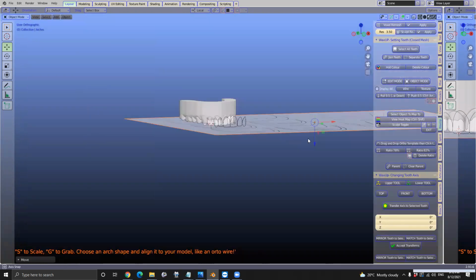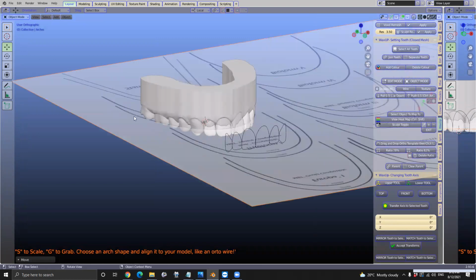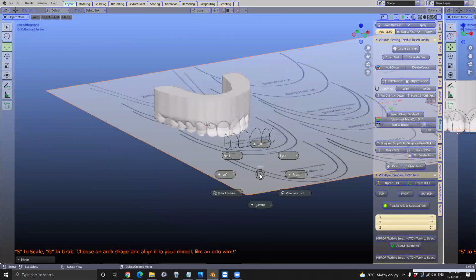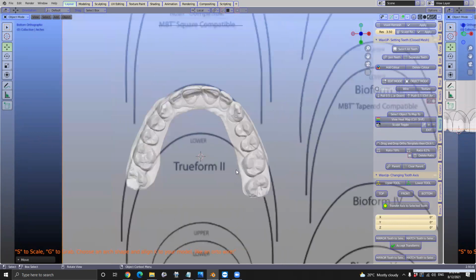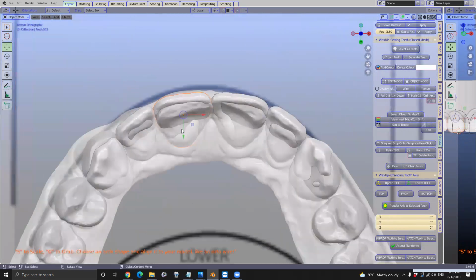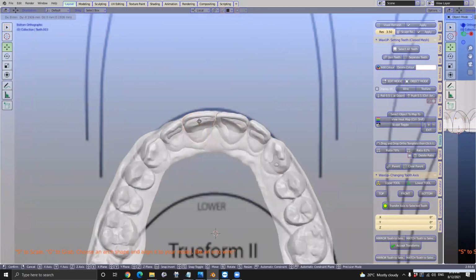What I'm going to do is move this up a bit so it becomes a bit like an orthodontic arch wire going across these teeth. So again, I'm going to look at it from the bottom, and now we can place these teeth where we want them to go. I'm going to use the G key, and move this outwards a little bit. I'm going to move this one out like that a bit. So this is where our